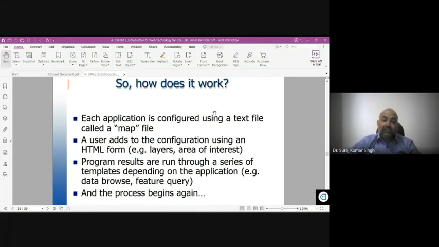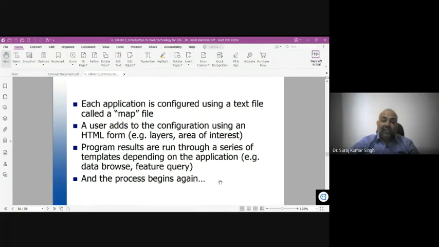So how does it work? The application is configured using a text file called a map file. A user adds to the configuration using an HTML form, that is the layer or the area of interest. All the program runs are run through a series of templates depending on the application, for example data browser, feature query, and all the process begins and you will start working on it.